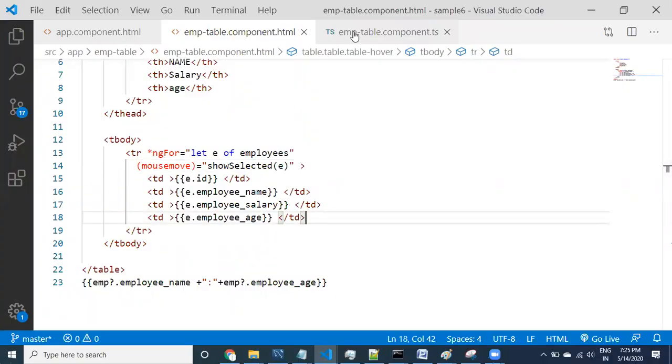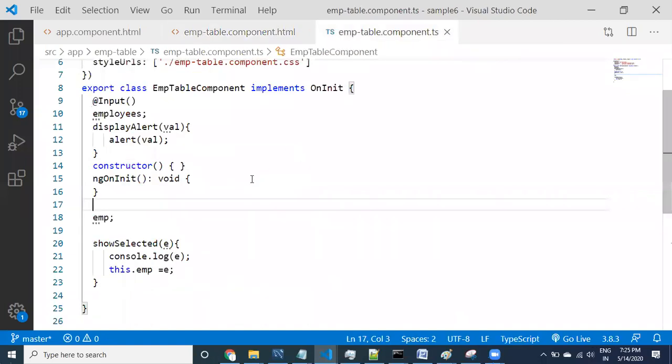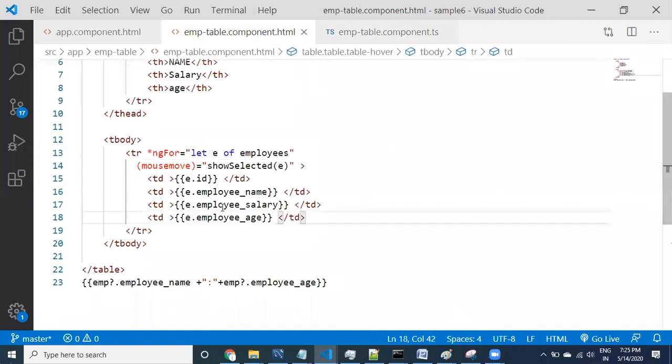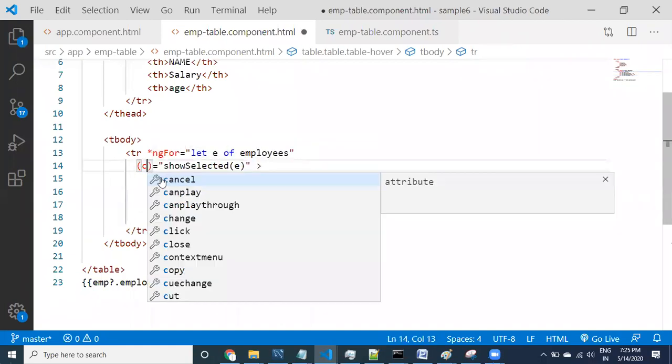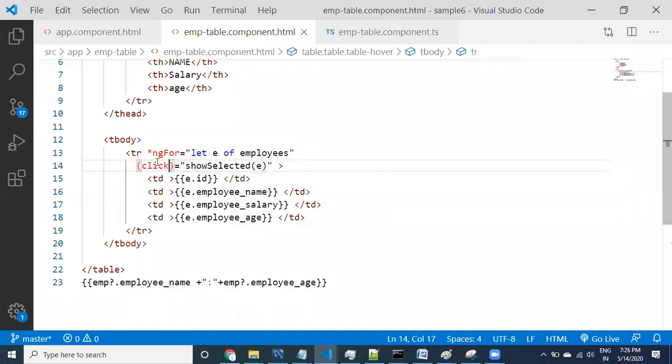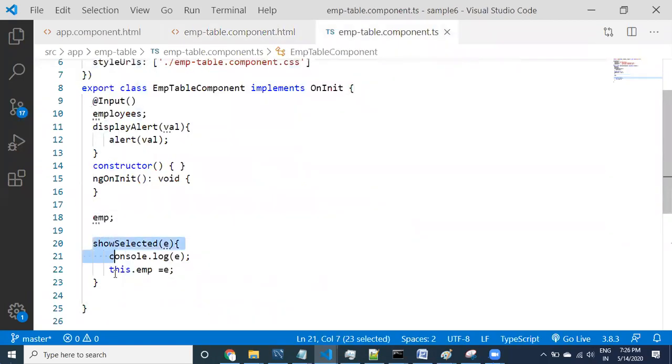Let us look at it, guys. Until now it is very good. Whatever information you are clicking on, or let me switch back to the click event, you are sending information to where, guys? You are sending information to the component class, the same component. Here it is coming, show selected. But I have to send this employee information, which is available in the component class of the same employee table component, to the parent component.